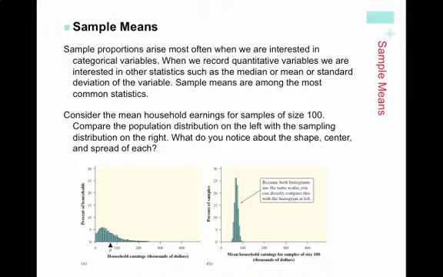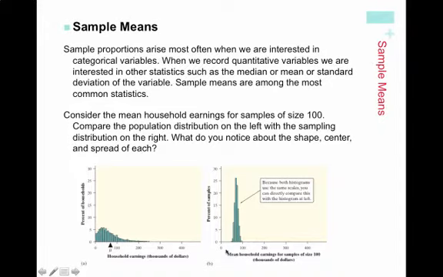So here we have two visuals. Consider the mean household earning for sample size 100. Compare the population distribution on the left with the sampling distribution on the right. What do you notice about the shape, center, and spread of each? So this is our population distribution. This represents our entire population. This represents a bunch of